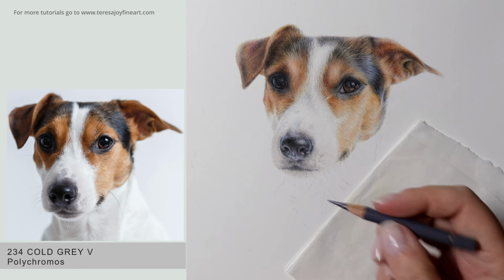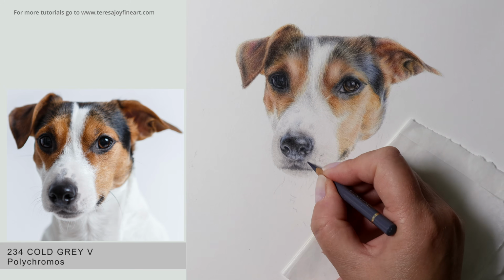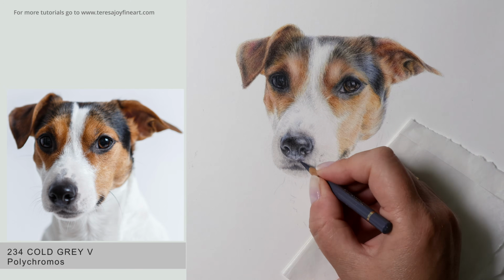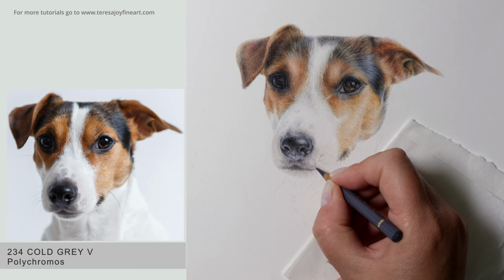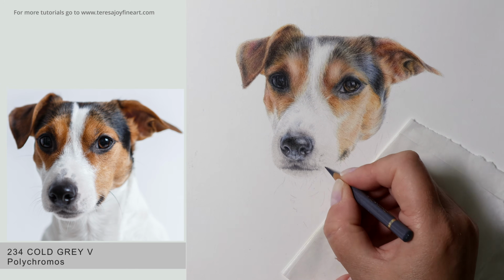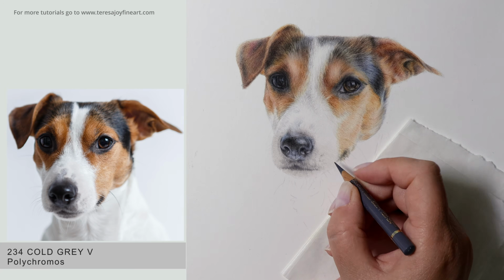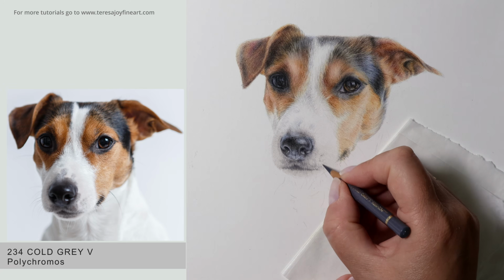I've just sharpened my pencil because I need it to be a little bit more refined. I need the pencil strokes to be a bit more refined here. So let's get a bit of this coal grey 5. It follows around the shape. We've still got the lip there. It's just that we're not really seeing it. But I still want to get a little bit of these